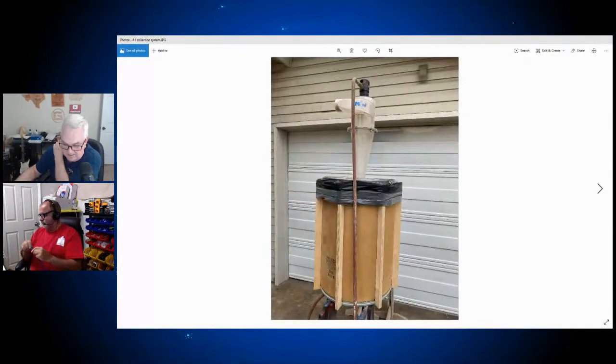All right, now this is some other pictures Dale sent me. He says, we were talking about dust collection a while back. This is the system that I use. And again, not all of these pictures are going to show up, but I'll go through and see which ones do. But he's got a mini cyclone with a 2.5 inch outlet. That's a mini? Oh, yeah. Okay, gotcha. It's just on a huge. But yeah, that's what I want to do with mine, because mine comes with a little 5-gallon, and I want to stick it on this huge